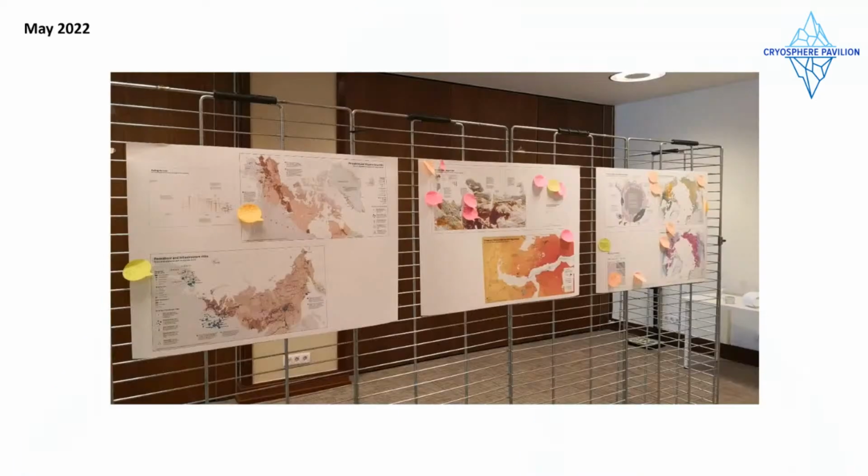In May, COVID had ramped down and we were able to meet physically again. And by that time, the team from GRID-Arendal, led by Levi and Tina and others, had printed early versions of a lot of the maps and graphics. And we had an exhibition with all of the scientists at the General Assembly meeting of Nunataryuk, and we walked around and gave feedback and